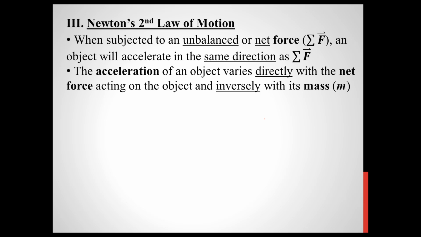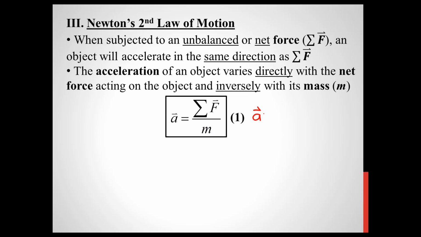Now, maybe let's just write down an equation to represent this first, and then I'll talk about that inverse relationship. So what I have right here is an actual statement of Newton's second law of motion. You will see a version of it on the formula sheet, although, again, I don't like to use F net. I like to use sigma F for the net force. So on the formula sheet, I think they write it down like this. a is equal to F net divided by